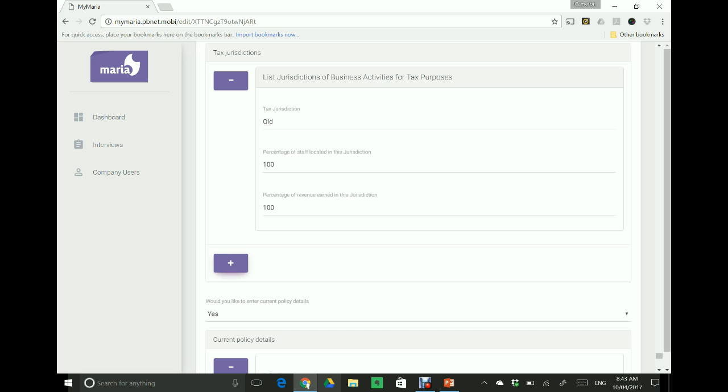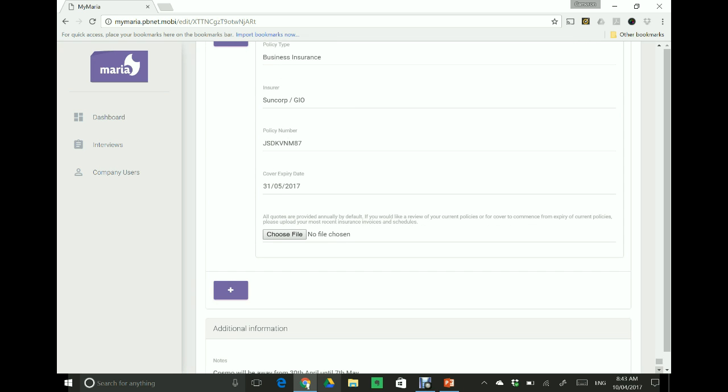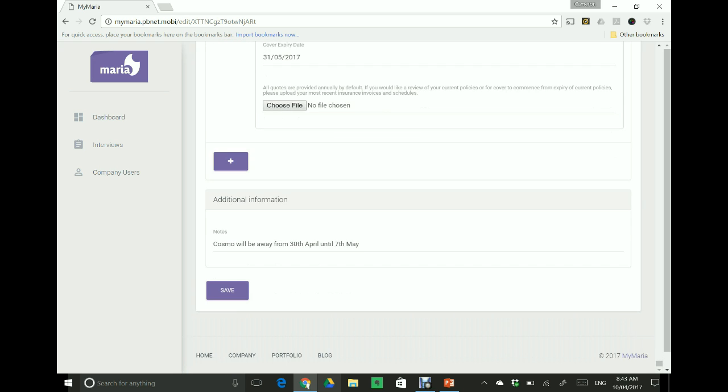You can add as many jurisdictions as the client works in for tax purposes, so for stamp duty and FSL. You can add current policies. This might be a client you're attacking or trying to move over, so you can add the client's existing policies, and you can upload a schedule of the policy. And there are other upload fields dispersed through this form. For example, you can upload claims history, you can upload the CV of an important staff person, and then once you save that,